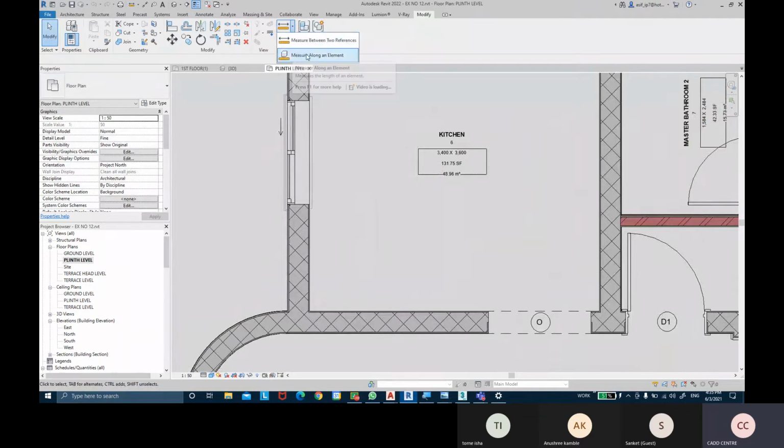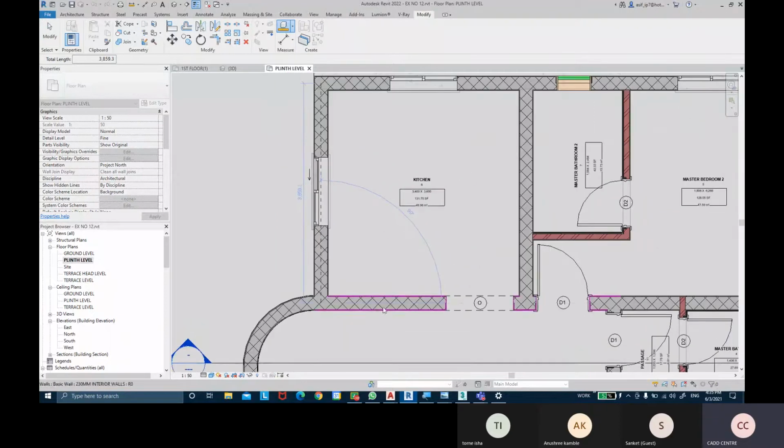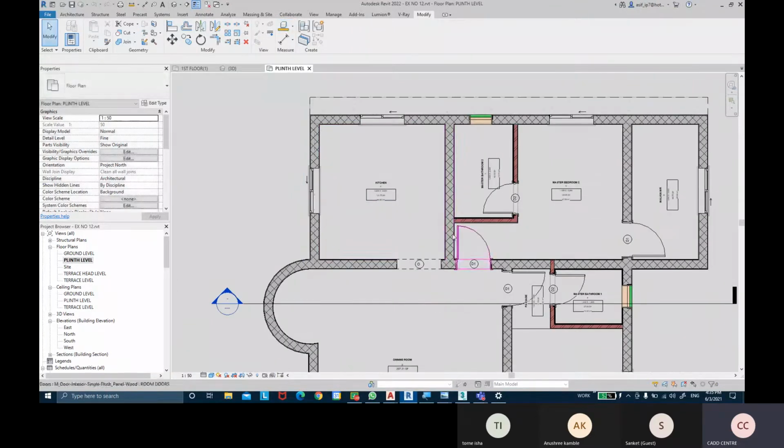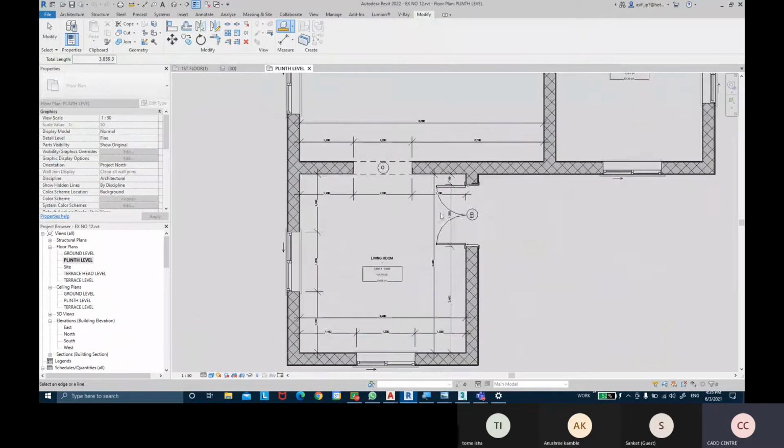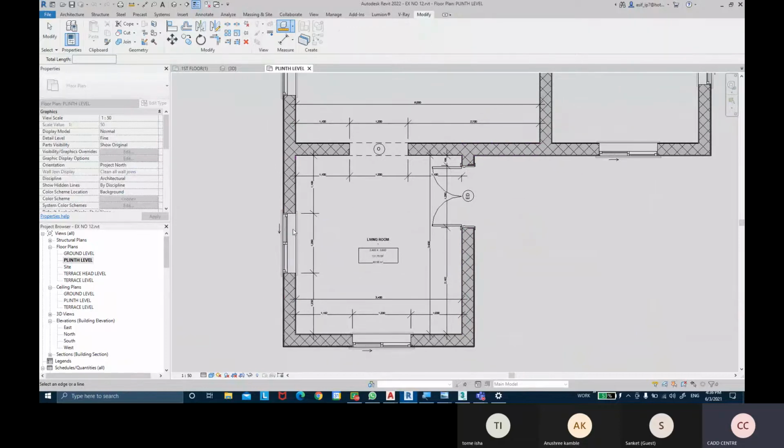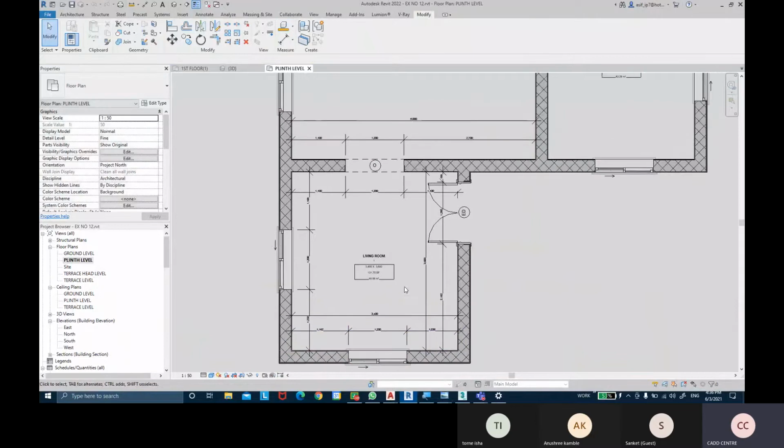Okay, then we have measure along the element. Measure along the element means between this element and this element, so it tells me that's 90 degrees, and this whole element is of 3859.3 mm basically there. Okay, maybe if I select this wall, that wall length element is of how much length and what angle it is basically there. And if I select this door and see, okay, so now it's not selecting the door, but elements like walls or other elements basically there. It selects that basically. You can see it doesn't select the window also, it selects the entire wall. Okay, so it will not select the component objects.